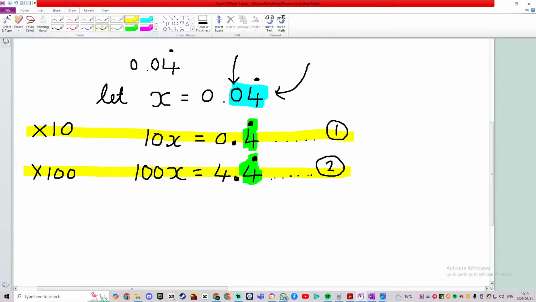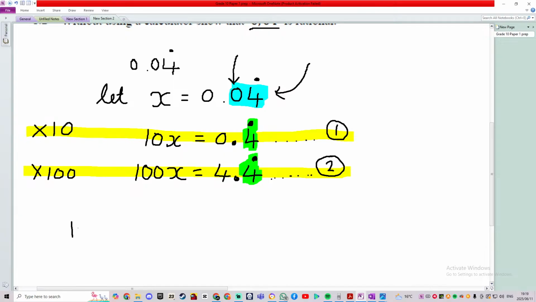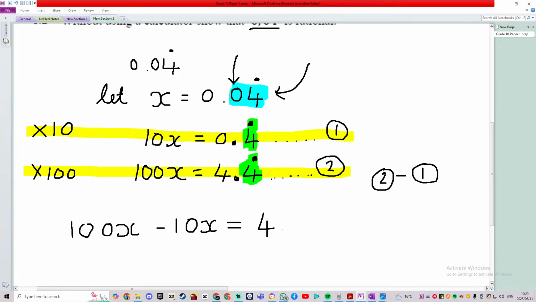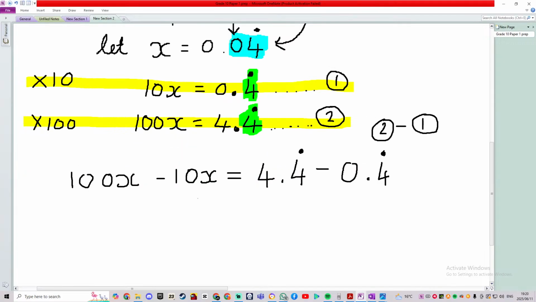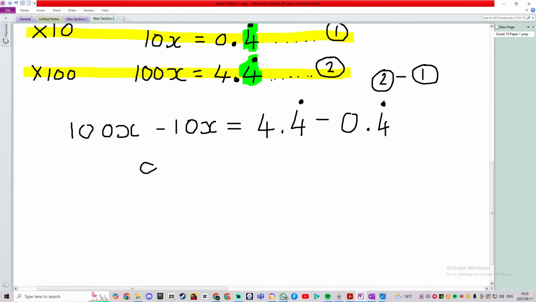Once we get to this point here, we are going to say equation 2 minus equation 1. So you're going to have 100x minus 10x, that's equal to 4 comma 4 recurring minus 0 comma 4 recurring. Okay. I think I sent something different in the group, but this is the correct one. Yeah. Then I end up with 90x